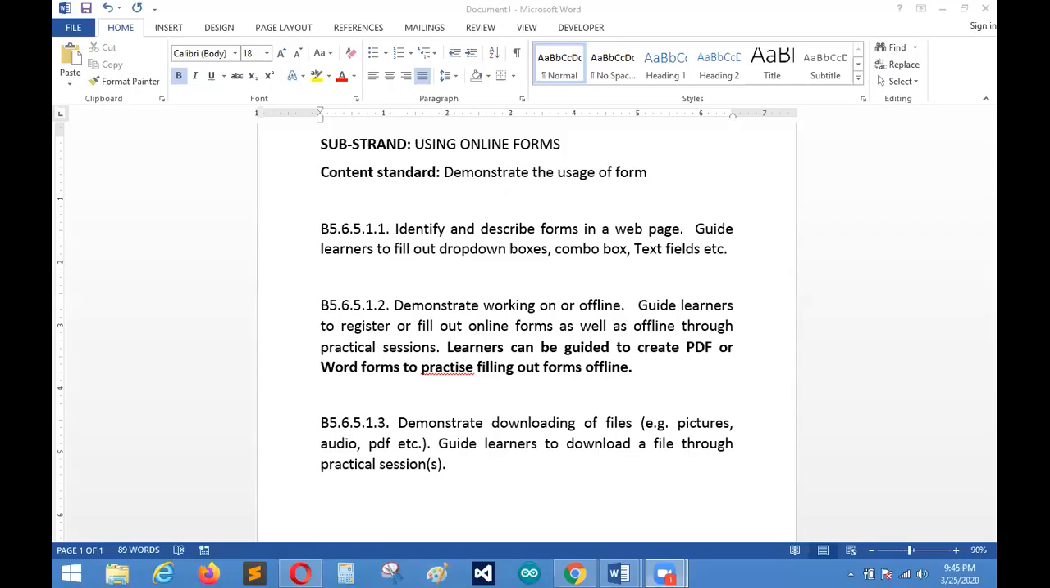All right, currently, one of our trainers is online, and he is going to take us through using online forms. That is a strand, or let's say sub-strand, in the computing curriculum for the upper primary. The content standard is demonstrate the usage of form. And then you can see